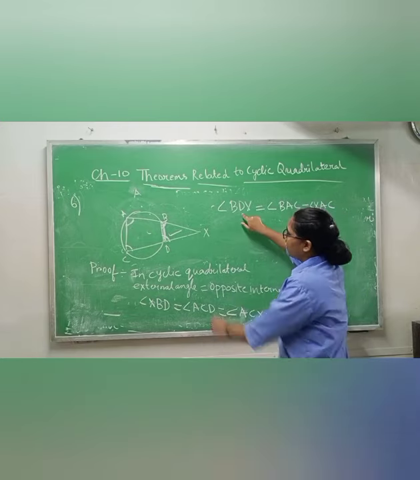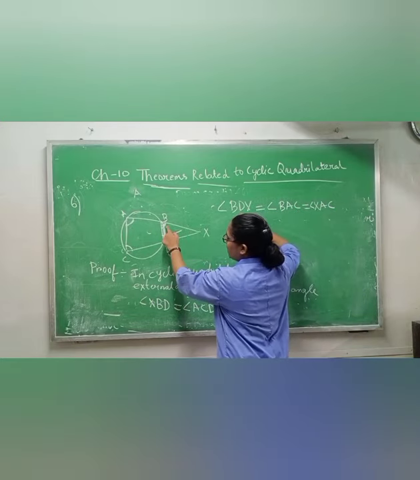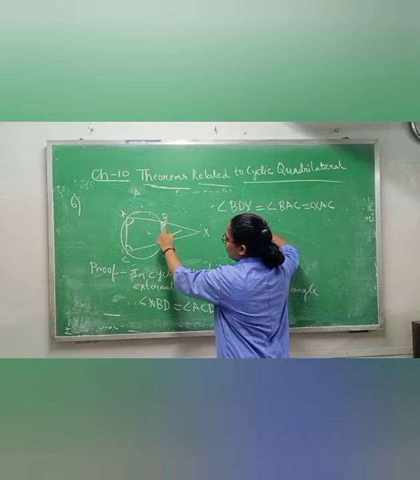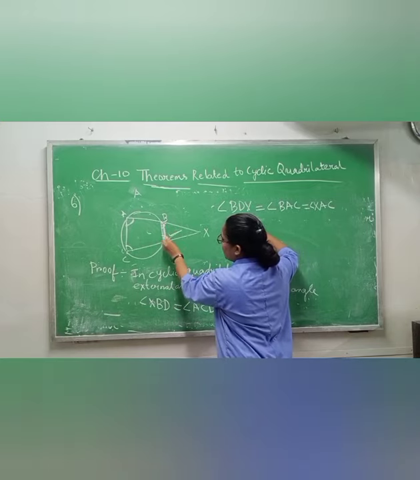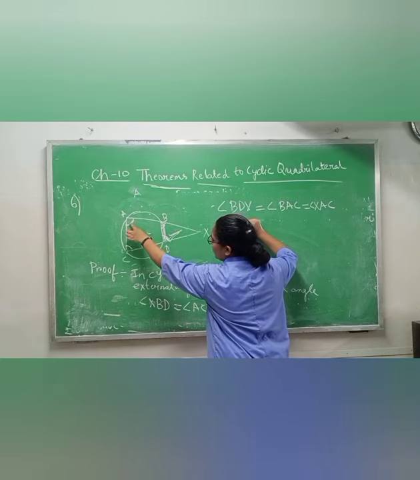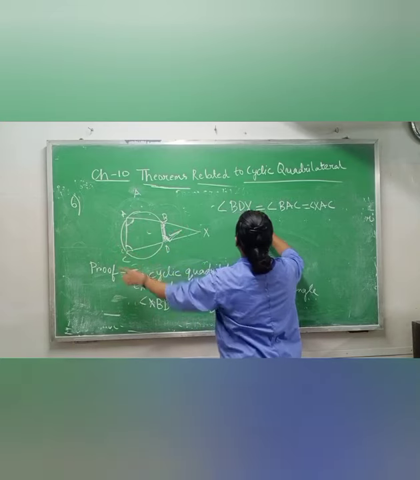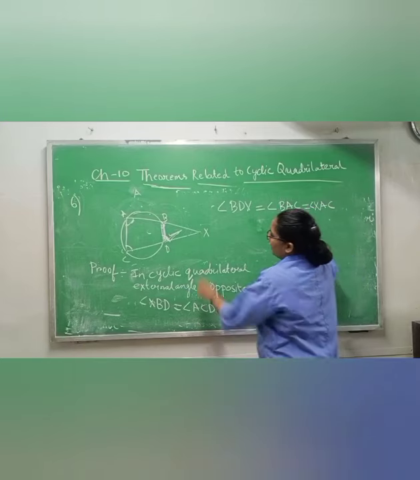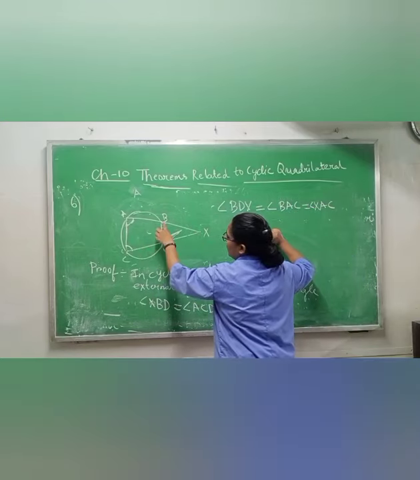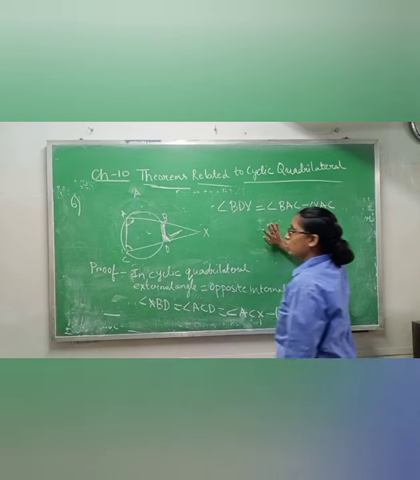So BDX, this external angle, is equal to the opposite internal angle, which is BAC. That is why I have written angle BAC, which is equal to XAC. Just in place of B, I am writing X. Okay, now